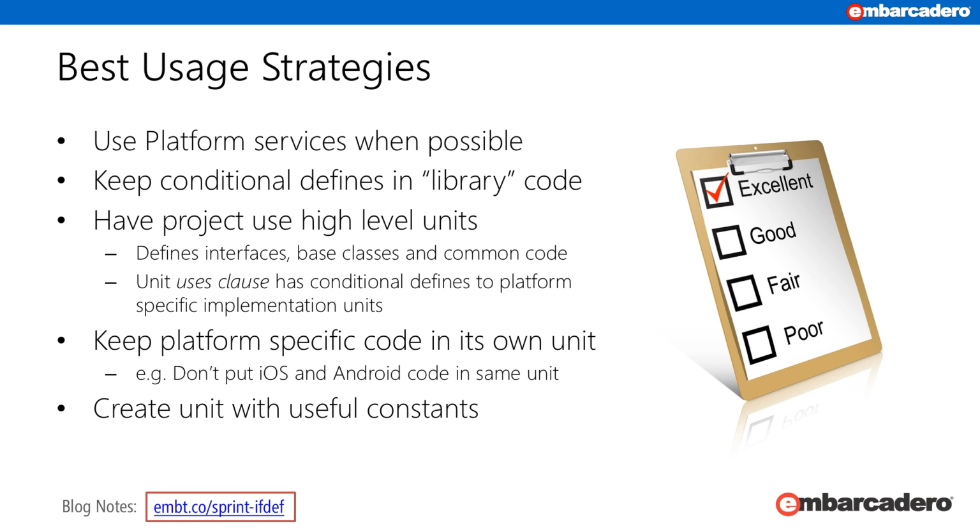That should all be abstracted out and separated out so that only the barcode scanner code links into the different versions. Typically, you're not going to want to mix iOS and Android code within the same unit. Keep those in their own units, and that makes it a whole lot easier to deal with. Because once you put it in the same unit, then you have to have lots of if-defs, and keeping it in the uses clause limits the number of